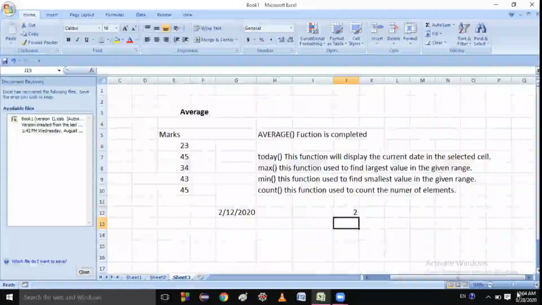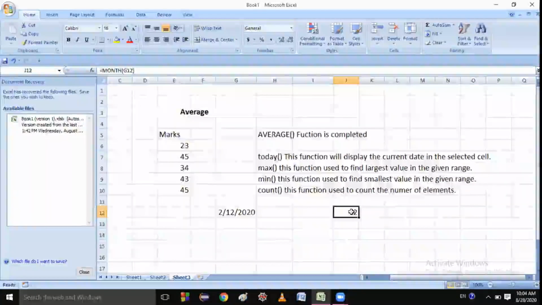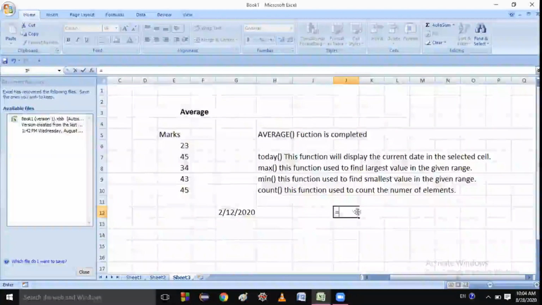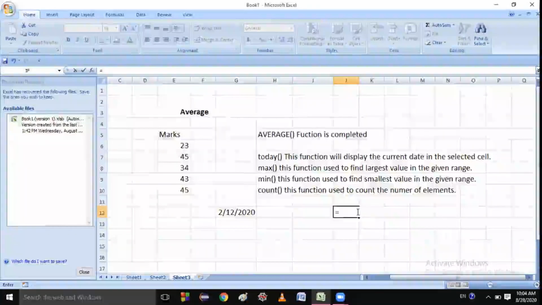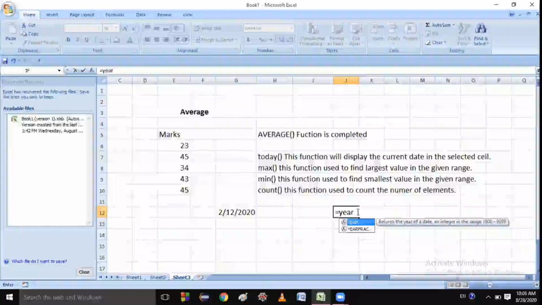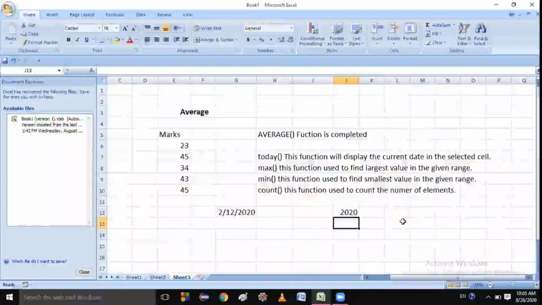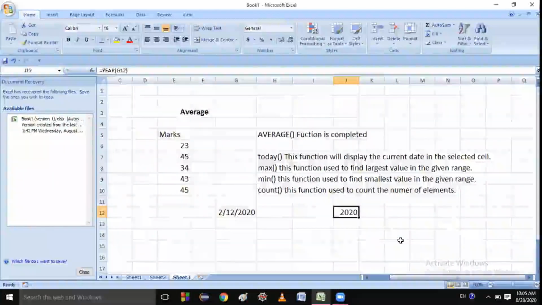What will I get? 2. And if I use equal to YEAR, another function, and use this one, G2, 2020. So are you getting the right result?